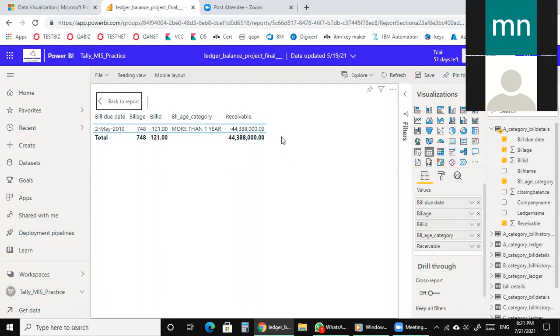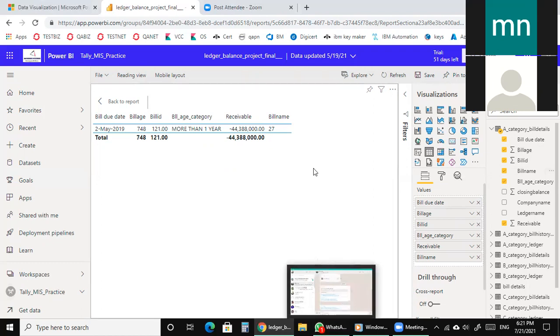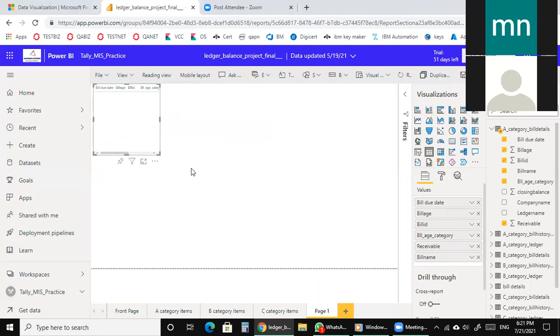So this basically says that this particular bill name, if you put up the bill name, this particular bill name is outstanding for more than 1 year, for more than 748 days, which I will show you. If you come onto my recorded screen, I'll show you exactly that the same thing is matching, because I've taken it from sample data, right? Yes, sir.